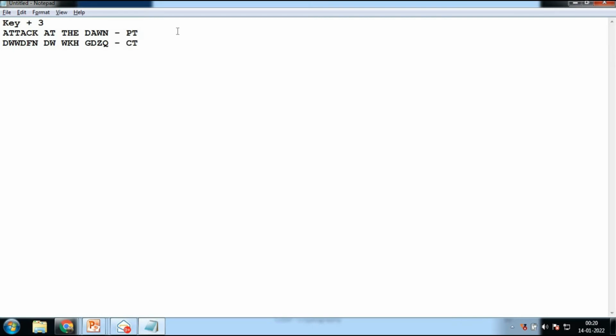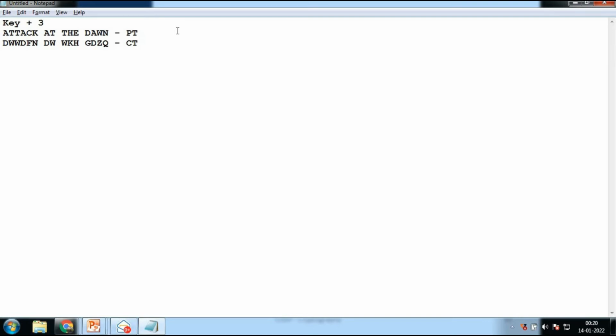Now, if you look at the substitution cipher, it actually reveals a pattern. ATTA becomes DWWD, and ATTA again becomes DWWD if the key is 3. So the key doesn't change, the plain text doesn't change, and the ciphertext also does not change. This is something we discussed when we discussed the initialization vector, if you remember. So with key +3, "attack at dawn" becomes DWWDFN DW GDZQ. That's the ciphertext. This is substitution cipher, and as you know, it reveals a pattern.